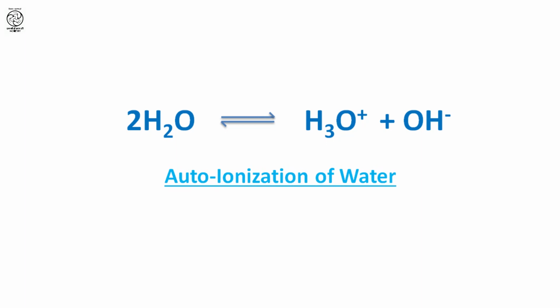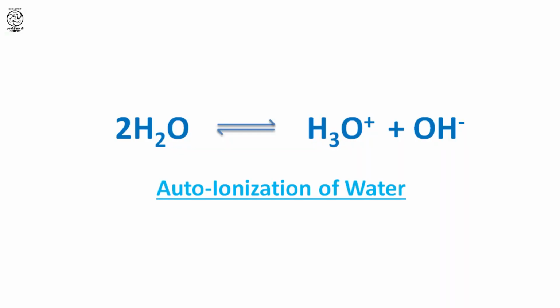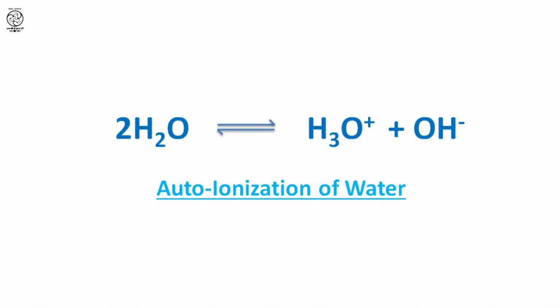Now, have a look at the screen. If you see, H2O is there and it is dissociating into H positive and OH negative ions. Sir, but autoionization of water takes place into H plus and OH negative ions, no? So how is H3O positive formed? That is a good question. In water, H positive ions exist in the form of H3O positive. That is why in the equation we have written H3O positive plus OH negative ions. In general, it is said that H positive ions are available in the form of H3O positive.